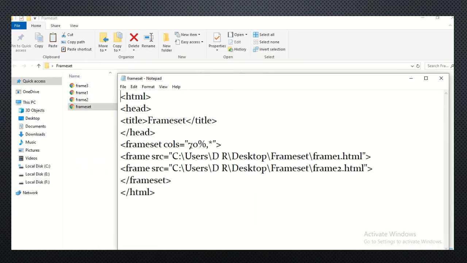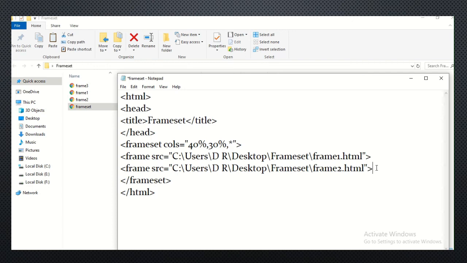Now go to frameset cols is equal to. Earlier we have used only two web pages, so there are only two values. Now we want to add one more file, so we are going to give one more value in cols. So first value we are giving 40%, second 30%, and third we are using asterisk sign.